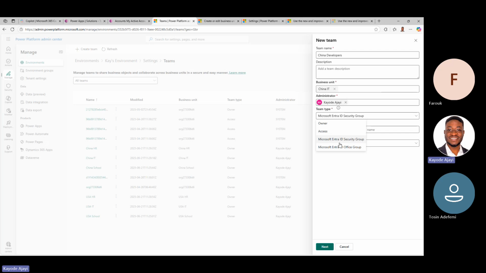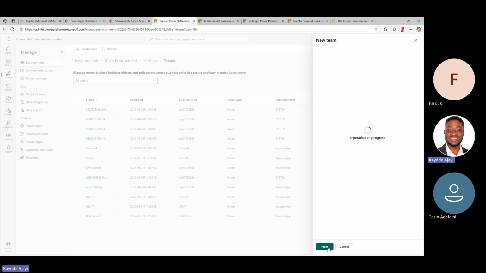So this falls back to the question asked earlier. You already have a security setup that is done, so you can mirror that into this place. Because in some cases, you're not even going to be doing business unit breaking. In some cases, you just do it from the teams and set up different teams. For the group name, if you have the group, you can just do that. Same thing with Office 365 groups. If you have groups created, you just search for the group name and you can create a team based on that group. Okay, so over here, I'm just going to set it to owner